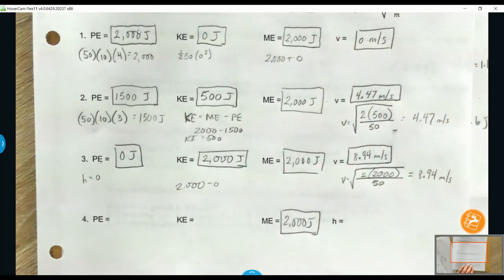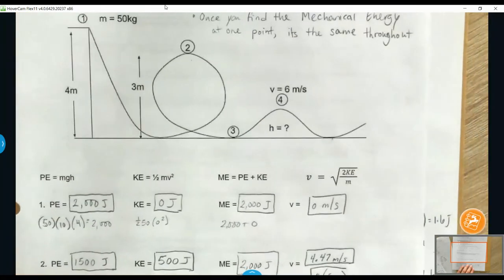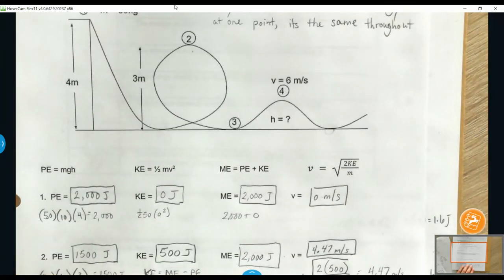Okay, so the last one. What do we got for the last one? At point 4, we don't have a height. So we can't find potential energy right away, right? Even though we know the mass and gravity, we don't know what the height is. Now, what we can do, though, is if you have velocity and mass, now we can find